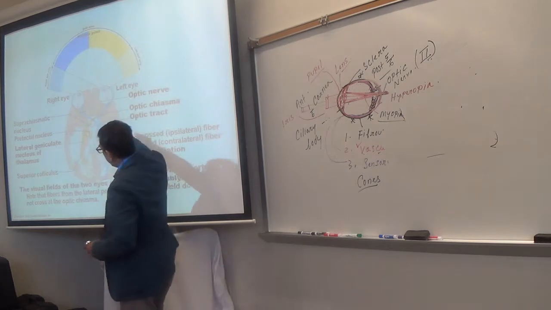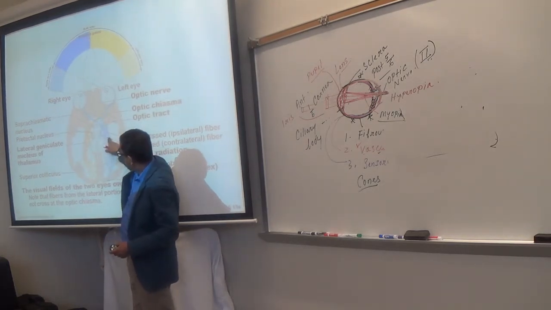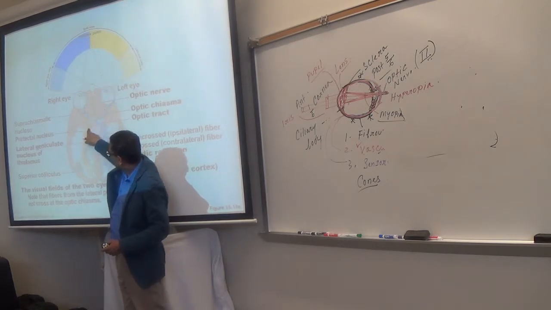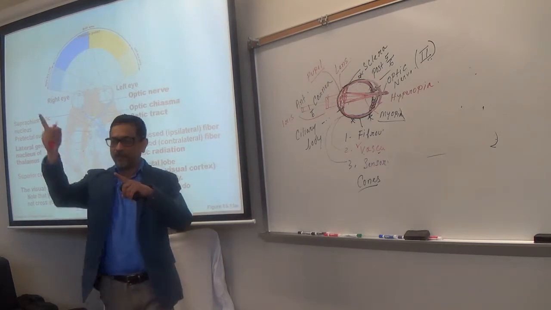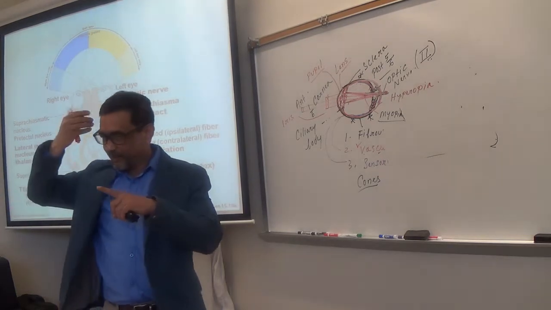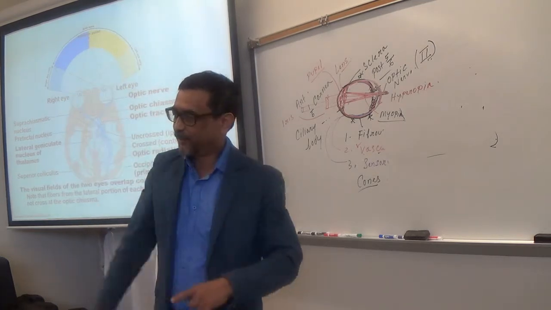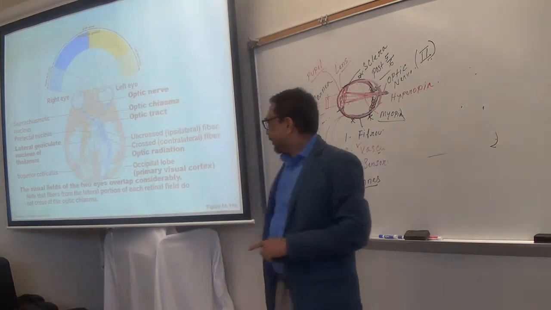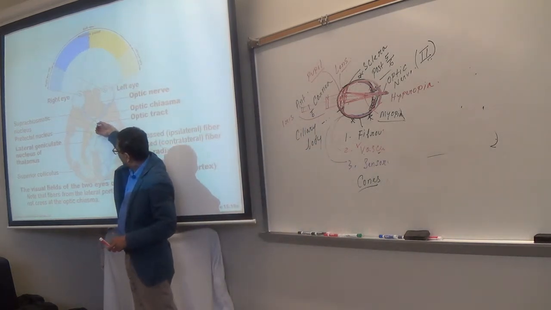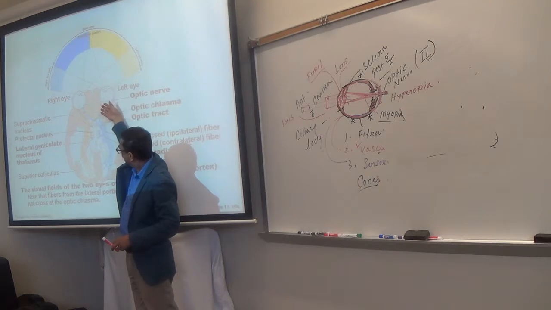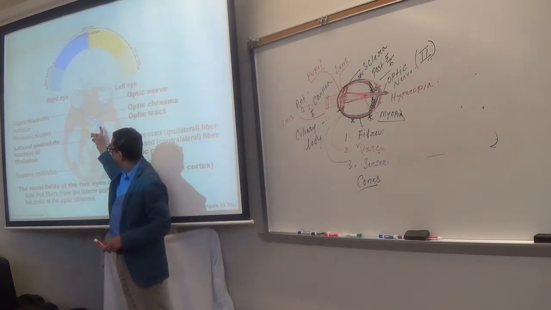When the cross takes place, some fibers stay on the same side and some fibers go to the opposite side of the brain. And now, after the optic chiasma, these fibers, ipsilateral and contralateral, again bundle together to form the optic